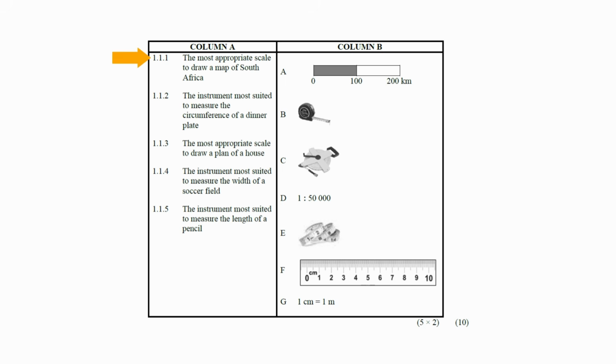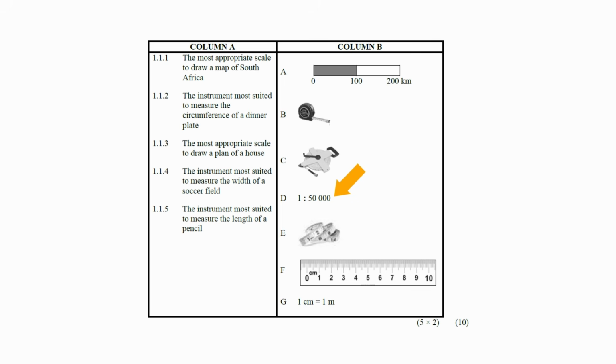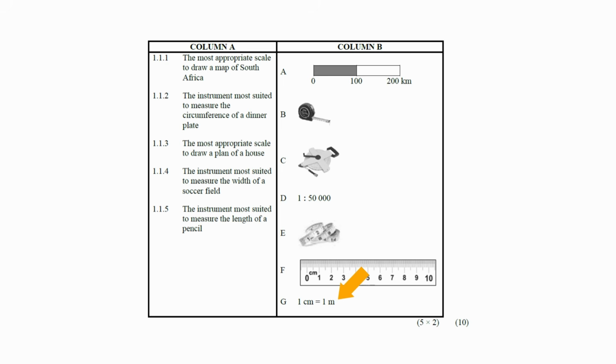In question 1.1.1, you must select the most appropriate scale to draw a map of South Africa. In column B, there are 3 scales to choose from: the bar scale, the ratio scale, and the numerical scale. The bar scale has a scale factor that is most suitable for maps of provinces. The ratio scale of 1 to 50,000 has a large enough scale factor that it's suitable for maps of whole countries. And the numerical scale of 1 centimeter equal 1 meter has a scale factor that is most appropriate for